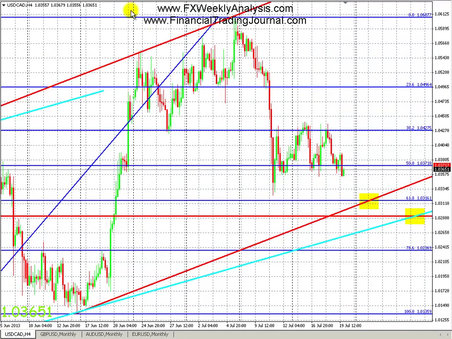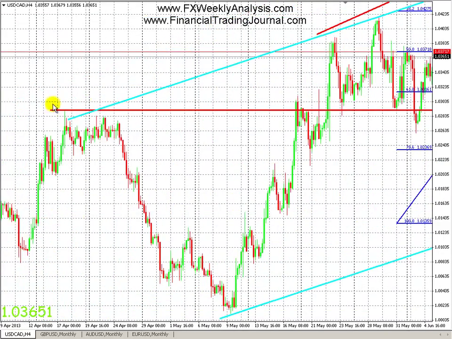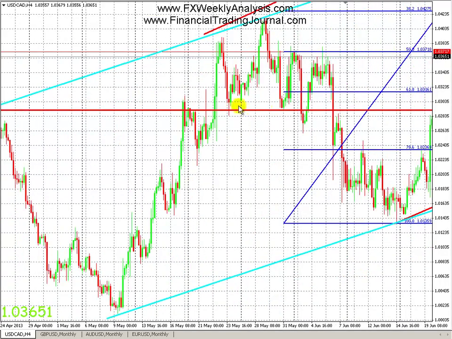So on to the levels I was talking about. The projected red trend line is coinciding with the 61.8 fib level right here. So on a 4-hour time frame, we could get there in the next 2 days. That's the first target. Alternatively, down here, this is another level. This is the aqua trend line. This is below the 61.8, but this is also a resistance/support level, which is the red line here. It was drawn from way back here, from right there, that top there, and the bottoms here.